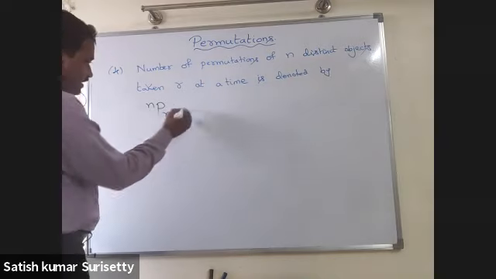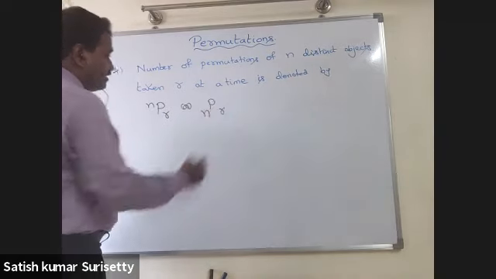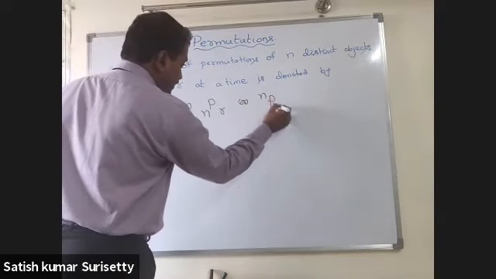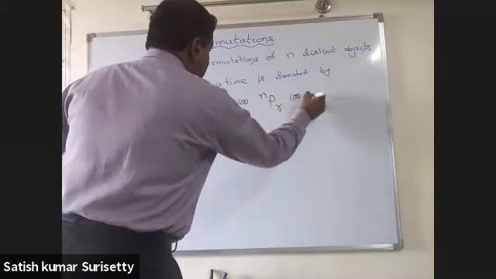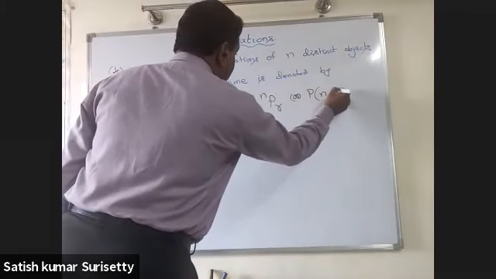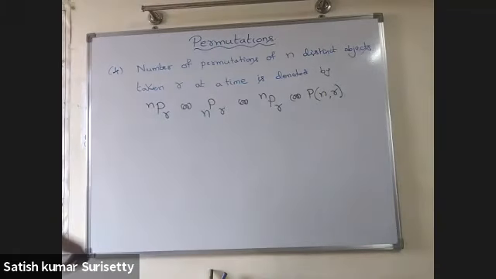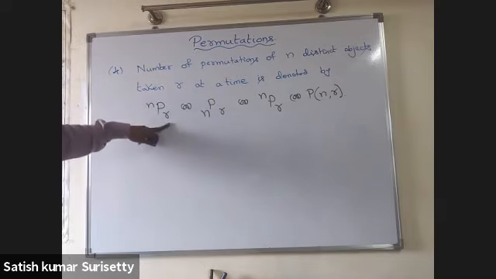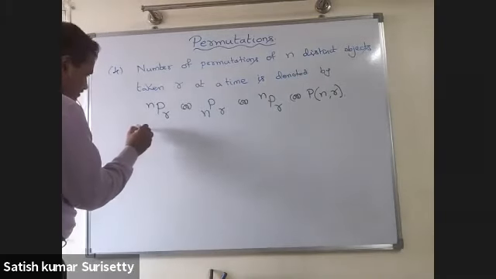This is one notation. Another notation is you can write it like this, nPr, and one more notation is P(n, r). So all are the same only. That is the number of permutations of n different objects taken r at a time,